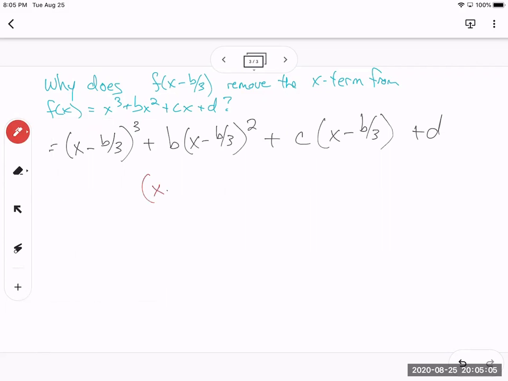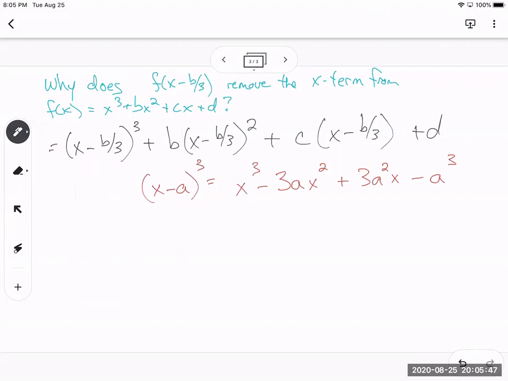If I have something like (x minus a) cubed, that always multiplies out to be x cubed minus 3a x squared plus 3a squared x minus a cubed. You might remember that, and you might remember some of the connections to Pascal's triangle or combinatorics that we see there, the pattern 1, 3, 3, 1 on the coefficients, the increasing and decreasing exponents on the a and the x term, etc. But I'm going to use that to help me